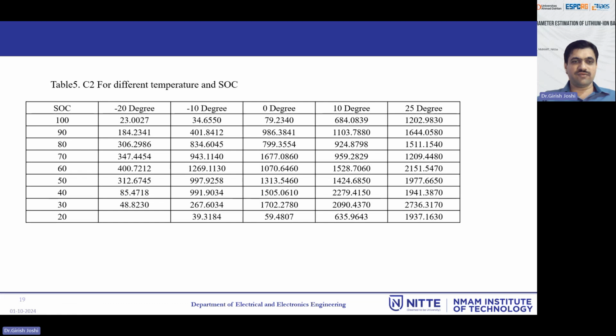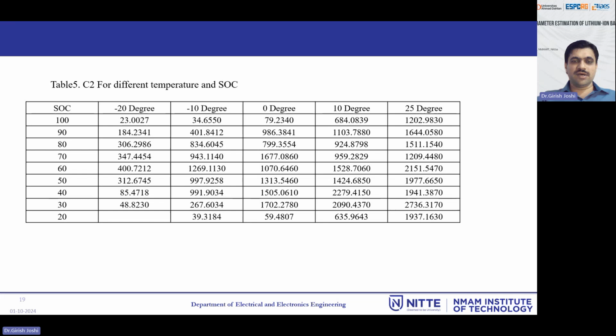Similar is the effect for the capacitance C2, but here we can notice that for a particular SOC, with the change in temperature, a large change in the capacitance could be observed. This is the reason why we need to have the values of the capacitances, or in general the circuit parameters, for all the SOCs